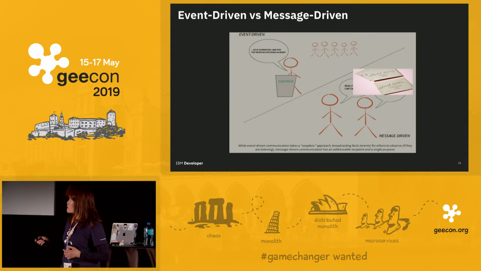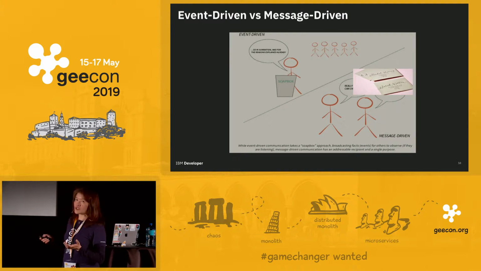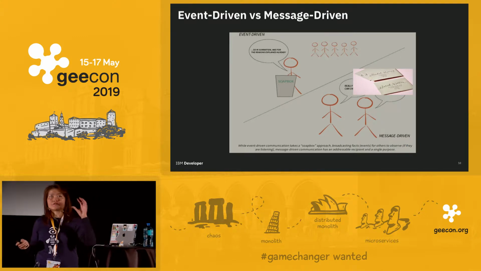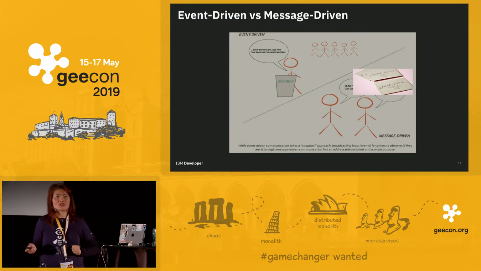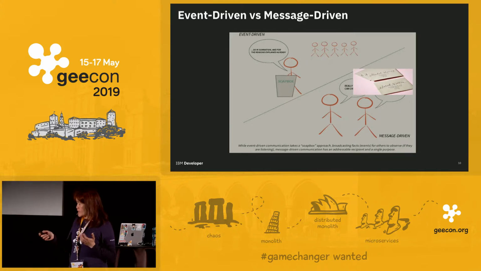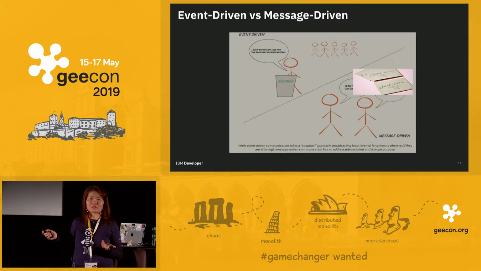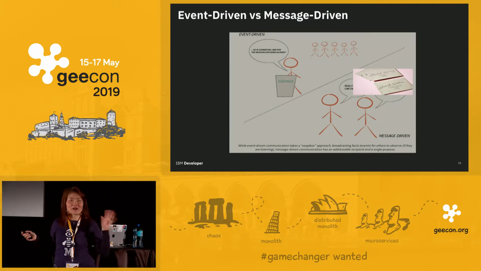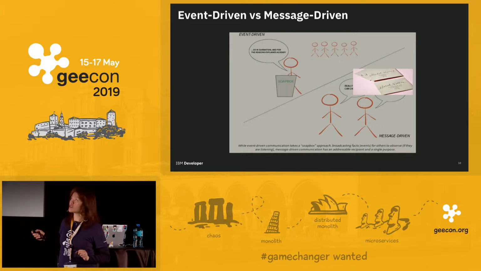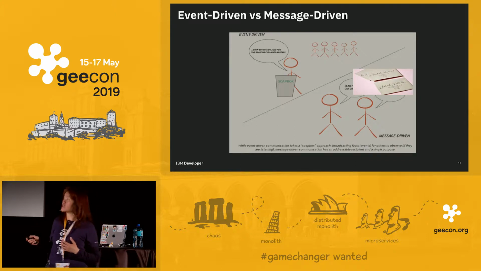And then when we talk about message-driven, there's a difference, because it's like two people talking here. They have a conversation, and the messages have a known target destination that they need to go to. Essentially, it has an addressable recipient and also a single purpose. Over here too, I've replaced them with some envelopes, like the old soap envelope, right? They have an address where the messages are supposed to go. So that's an important difference between the two.